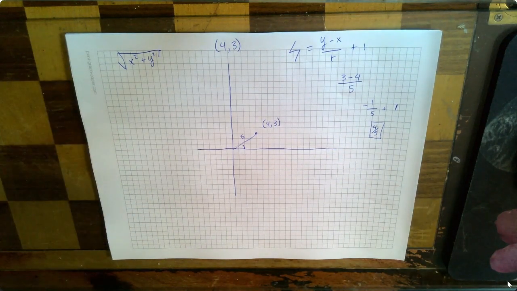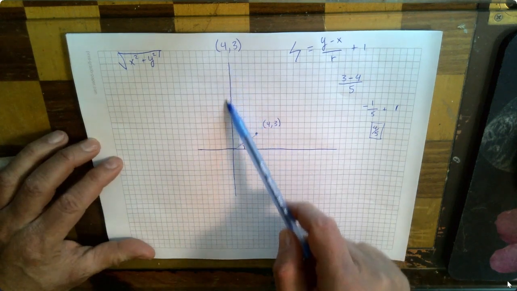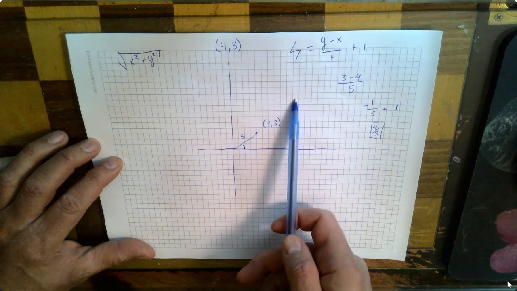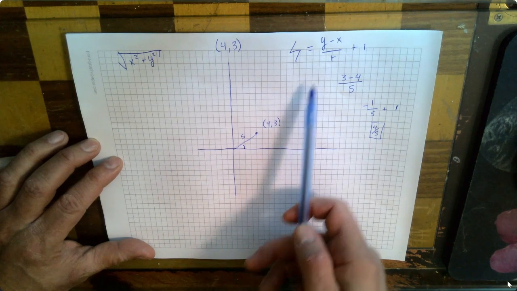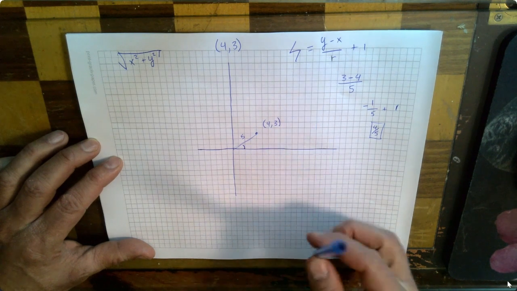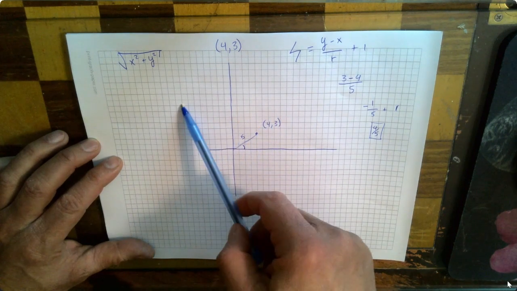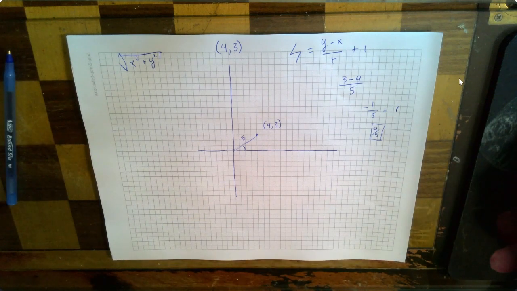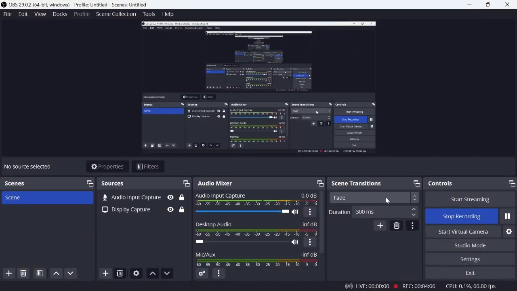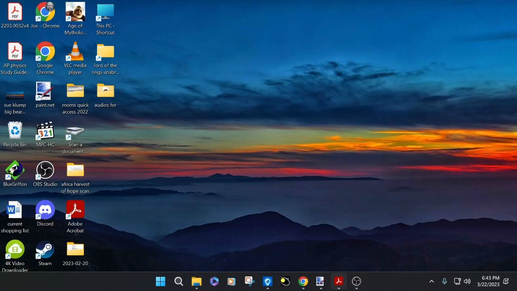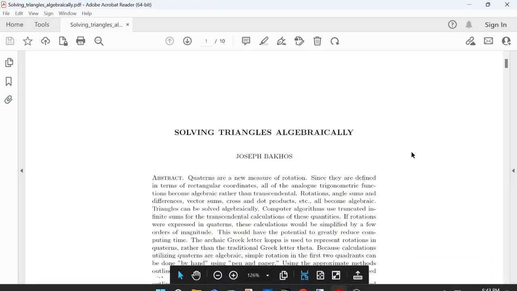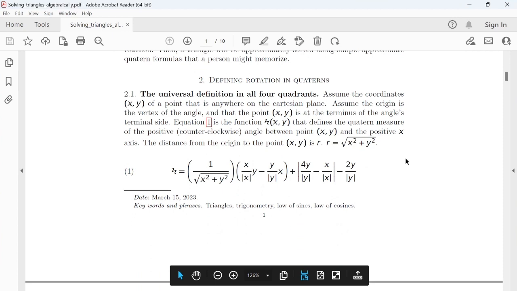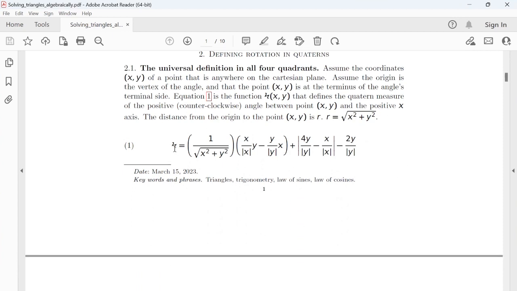So that is the basic idea of how you calculate it. Now, in the first quadrant, it's super easy because the formula is very simple. It gets more complicated if you try to do it in other quadrants. Then we have a much more complicated looking formula that is actually less complicated than it looks. So if we go down here, this is the formula for quaterns that is valid in